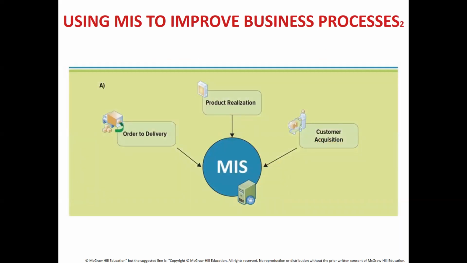So, using MIS to improve business processes. Now, why do we need MIS, Management Information System, in business processes? What happens with MIS is that it improves the workflow. Not only that, most of your workflow becomes quite automated when you start using an MIS. MIS is a computerized system. Generally, with it, most of your workflows will get automated.